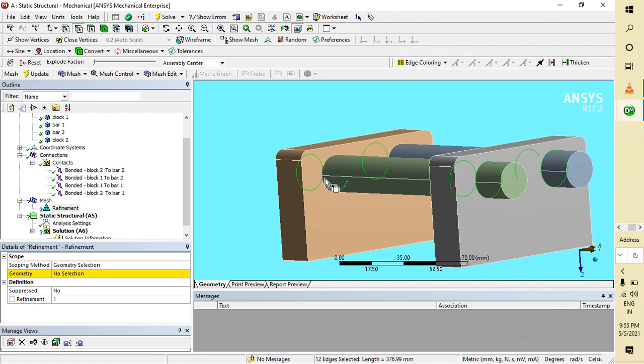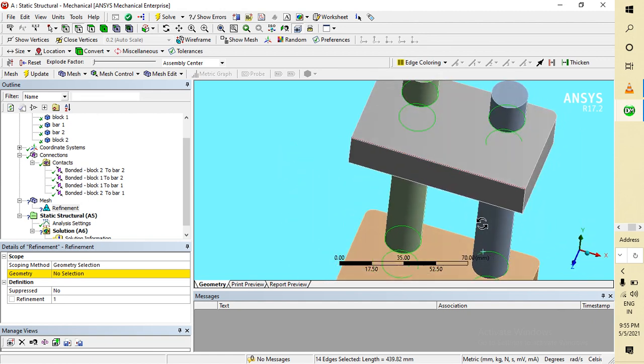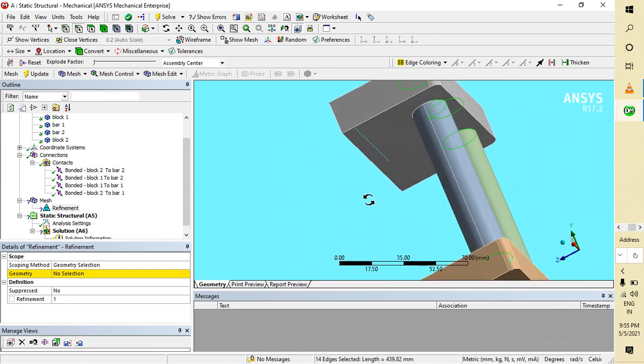If you want to rotate it, don't press Ctrl, just press the scroll and then rotate it. It will not undo our selection.